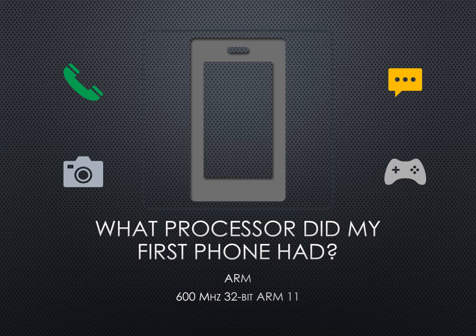600 MHz means that it could run 600 million cycles per second. So if all instructions consume 2 cycles, it could execute 300 million instructions per second. Today the processors can have clock frequency of 3 GHz. Just imagine how powerful today's processors are. 32-bit means the registers, which are the fastest memory units, are of size 32 bits or 4 bytes.